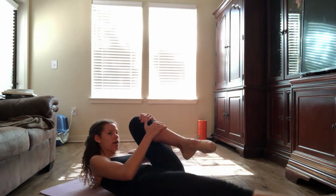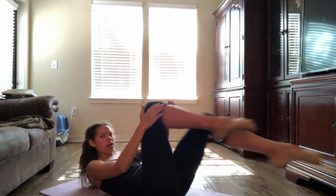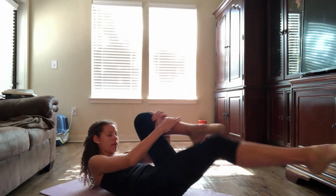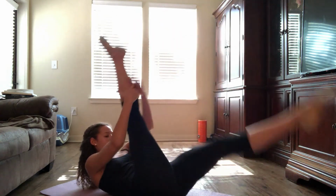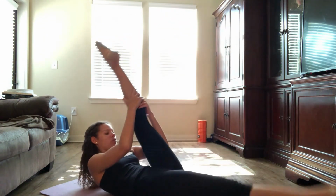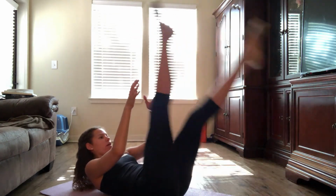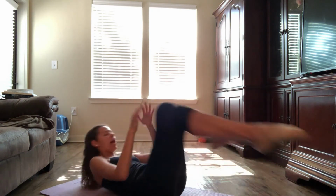We go 1 and 2 and 3, 4, 5, straight legs, and 7 and 8, 8 more, 1 and 2 and 3 and 4, going 5 and 6 and 7, straight legs, go 1 and 2 and 3, straight legs, and 5. Keep your back up, and 7, no shoulders on the floor, 8 more, and 2, and 3, and 4, 5, 6, now add the twist, go 1, and 2, and 3, and 4, and 5, and 6, and